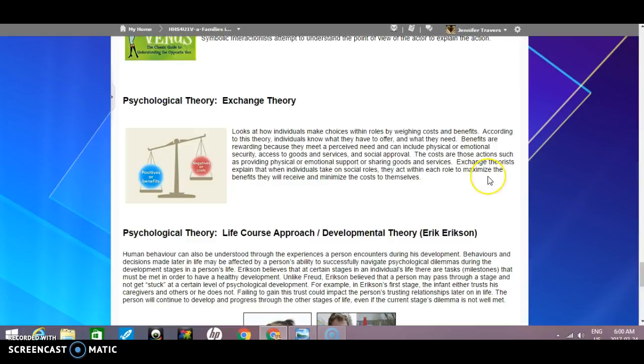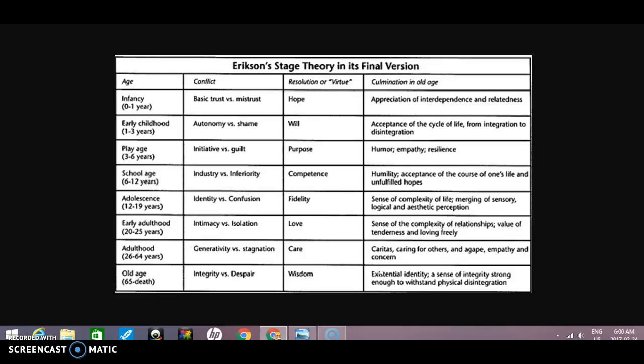And last but not least is life course approach, in which Erik Erikson described different stages that individuals need to go through in order to develop, and that you can't move on to the different stages before overcoming a conflict or a developmental stage. So you could have a 20-year-old stuck in a play age stage because they never got over